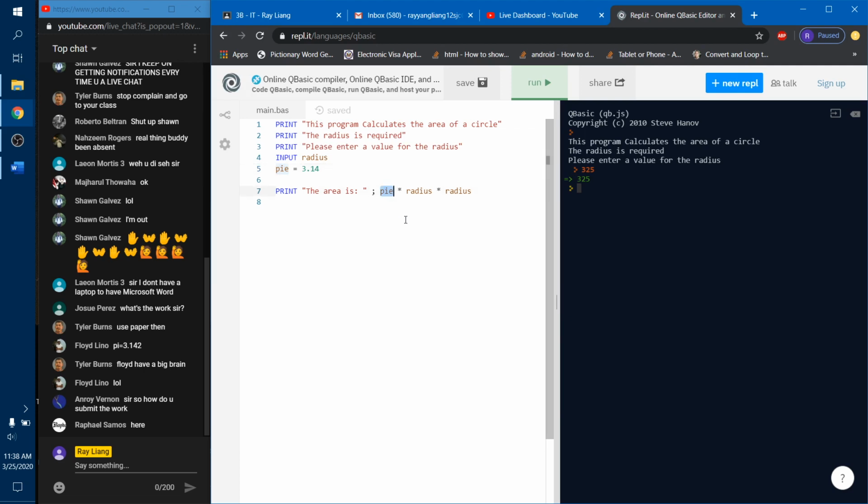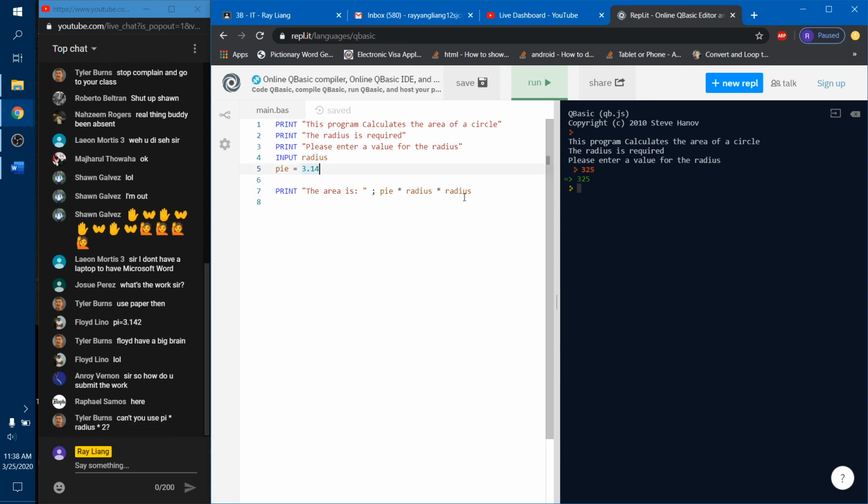So we call upon the values by typing out the name of the variable. It is kind of like saying that the radius will be entered by the user here, and that will be the number that we use to calculate, and so forth. This semicolon separates displayed text in quotation marks, and the semicolon on the right-hand side displays using variables to calculate some answer. We can't use pi times radius times 2 because